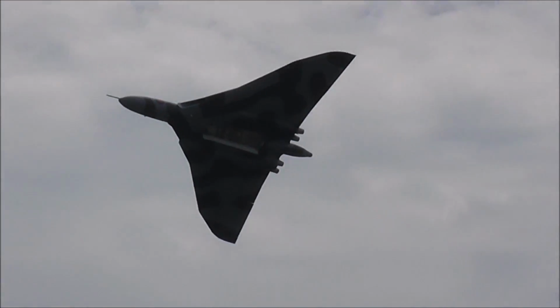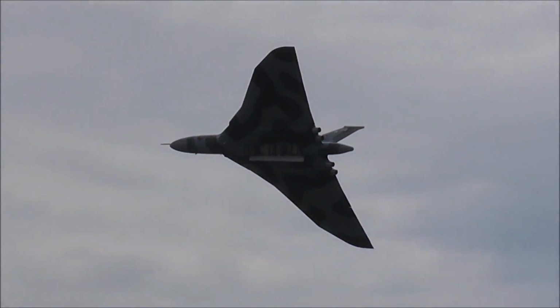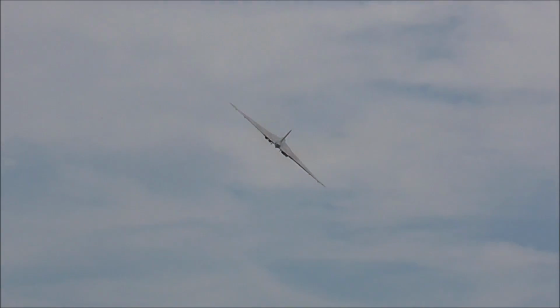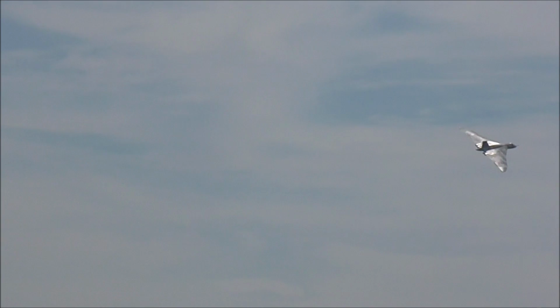There it is. The bomb bay, of course, the very heart of a bomber. That's what the aeroplane is all about. Everything around it is designed to carry that enormous load to the target. In fact, in the bomb bay these days are the names of people who've contributed significantly to the £20 million it's cost so far to